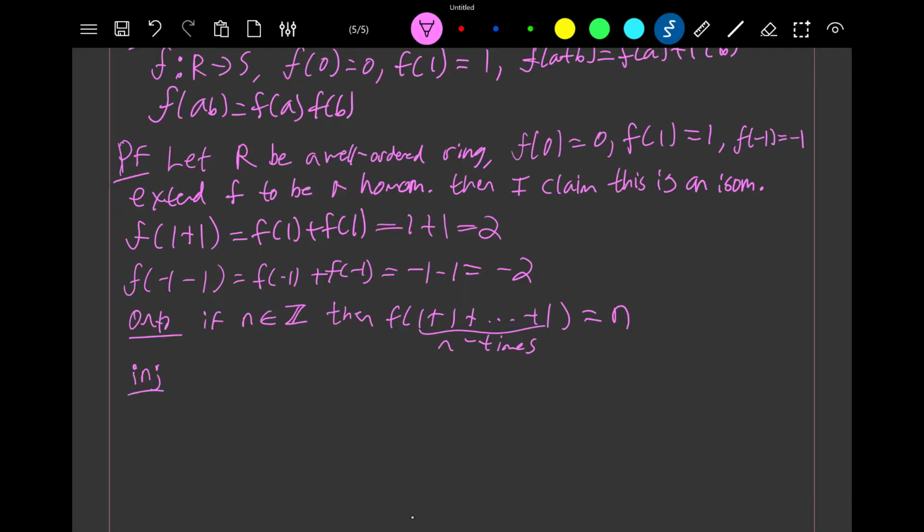Likewise, how do we know it's injective, or one-to-one? So, say that we have f of a is equal to f of b, right? Now I want to show a is equal to b. Then f of a minus f of b, well, this is 0, but it's also f of a minus b is 0. So it suffices to show that